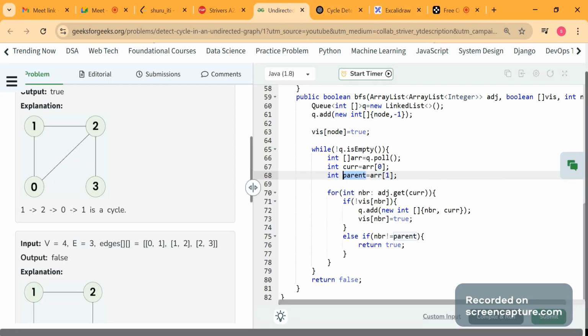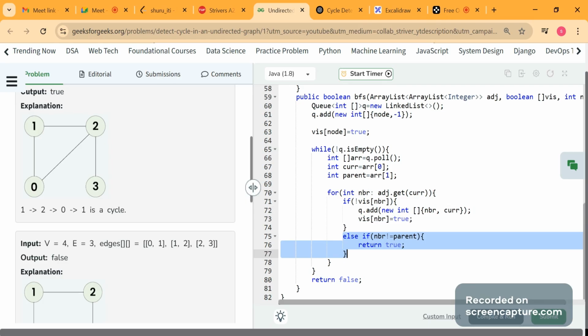We are doing the same here. Now we will be traversing to its neighbors. For the first case we are visualizing, we will traverse to the neighbors of 0. If the neighbors are already visited, we won't do anything. But if the neighbors are not visited, then we will add them to the queue. So now the neighbor will be added, and what will be its parent? We are coming from current, right? We are checking the neighbors of current, means its parent will be current and the neighbor will be the node. Now we will mark the neighbor as visited.